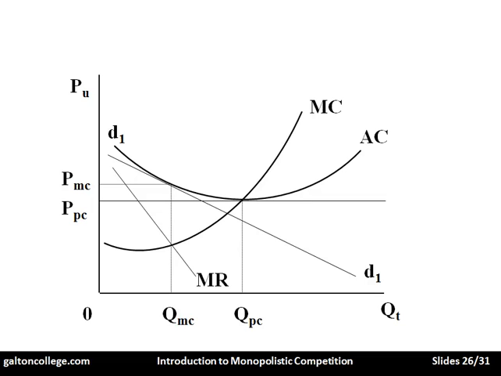However, we must bear in mind that the consumer here is getting a differentiated product. All the products are different. So the consumer may enjoy the fact that there are different products, because as humans we like different products. We don't want everything to be the same. That's boring. So we have different products, but we have to pay more for the privilege, if you like, of having different products, and we also get less of them.